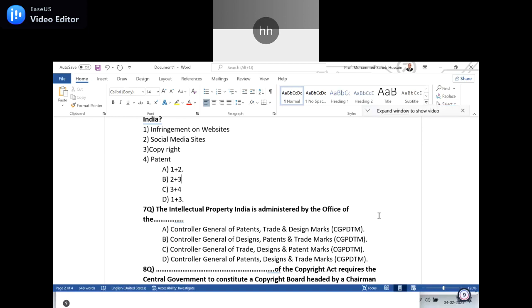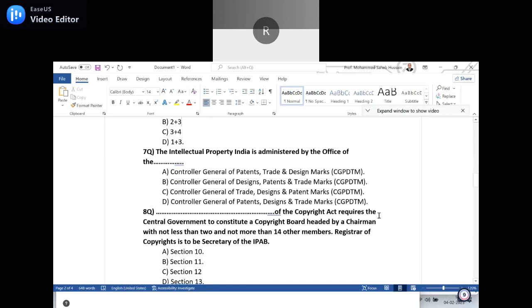It is the Controller General of Patents first, Designs later, and Trademarks last. That's CGPDTM. CG means Controller General, P means Patents, D means Designs, and TM means Trademarks. Is it clear? Yes, sir. Eighth question. Dash of the Copyright Act requires the central government to constitute a copyright board headed by